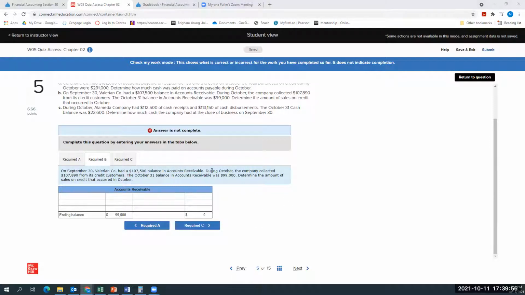On September 30th, Valerian Company had a $107,500 balance in accounts receivable. During October, the company collected $107,890 from its customers. The October 31st balance was $99,000. Determine the amount of sales on credit that occurred. Okay, so this is accounts receivable. So we're going to start with a debit balance. So our beginning balance,